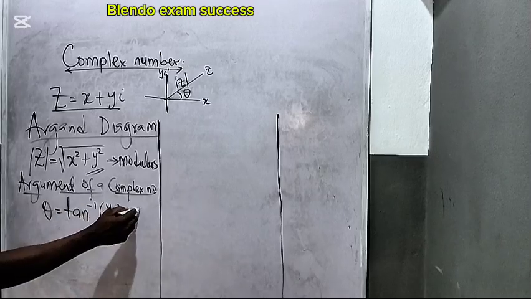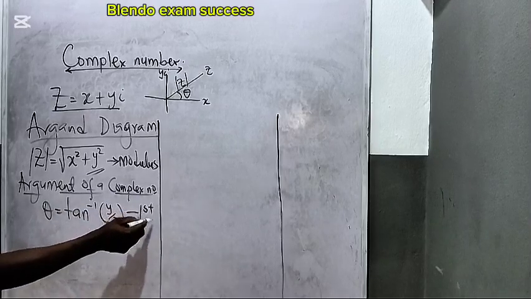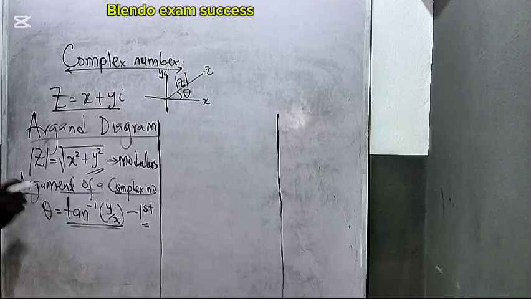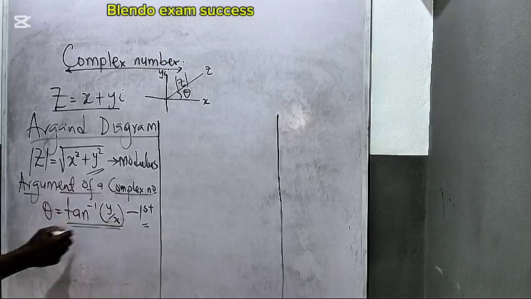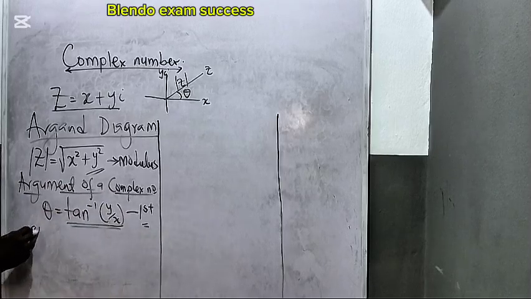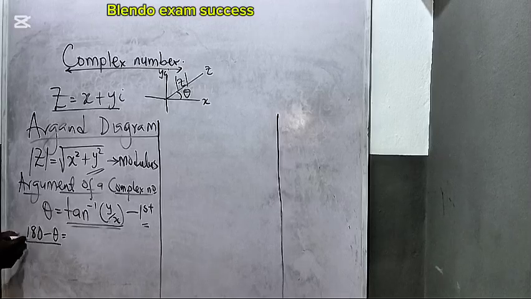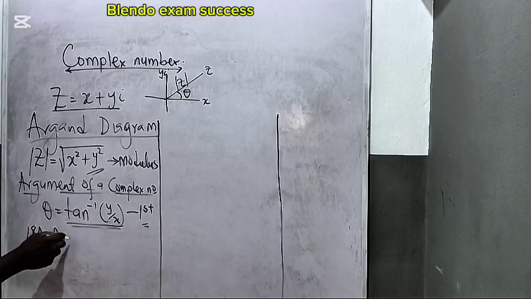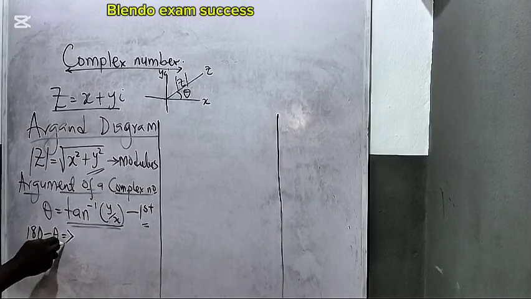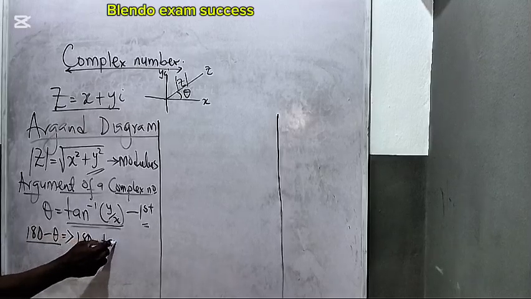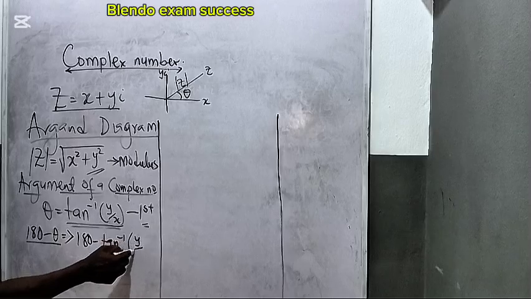So when you are in the first quadrant, you regard this as the argument. But the moment you move to the second quadrant, remember, we have it as 180 minus theta. So for the second quadrant, it's 180 minus theta, which is the same as 180 minus tan inverse of y over